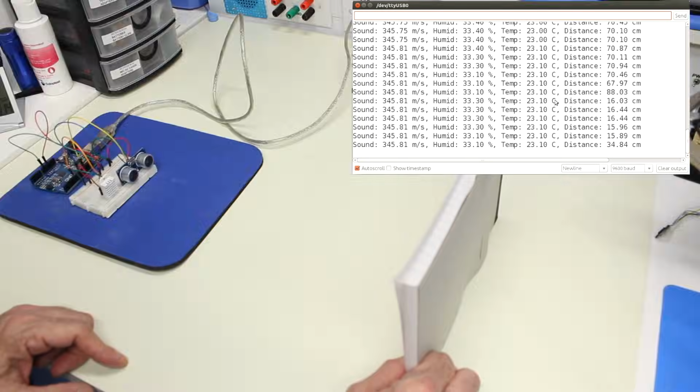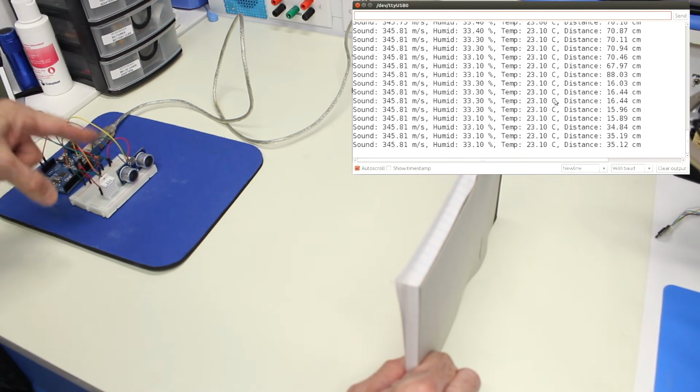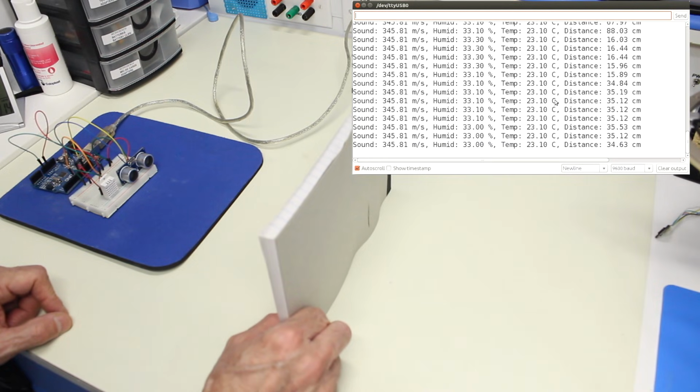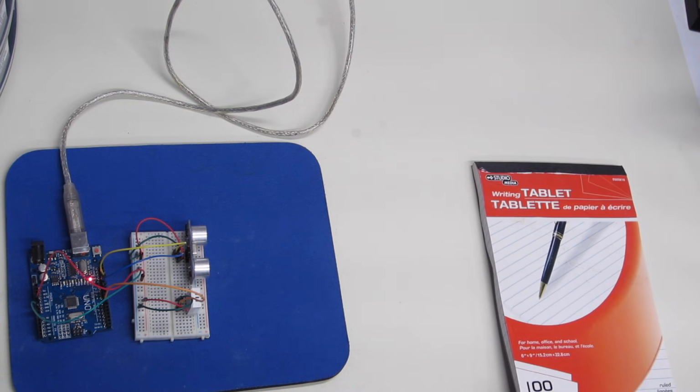Again, you'll notice that the readings come about every 2 seconds, and that's by design. You have to let this sensor stabilize a bit. Now you could probably do it every 1 second, but not much more than that. And so this is stabilized at about 35.12 centimeters, and so this seems to be working fairly reliably. And so this is the circuit that we're going to be using when we test the